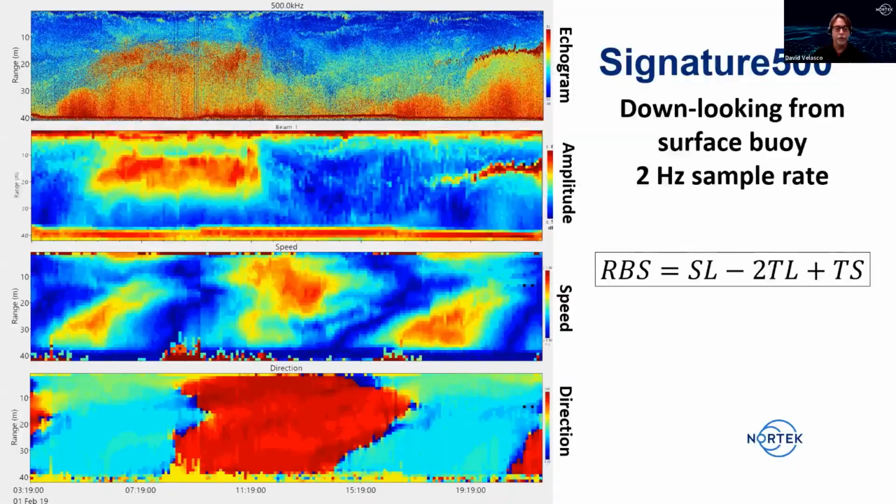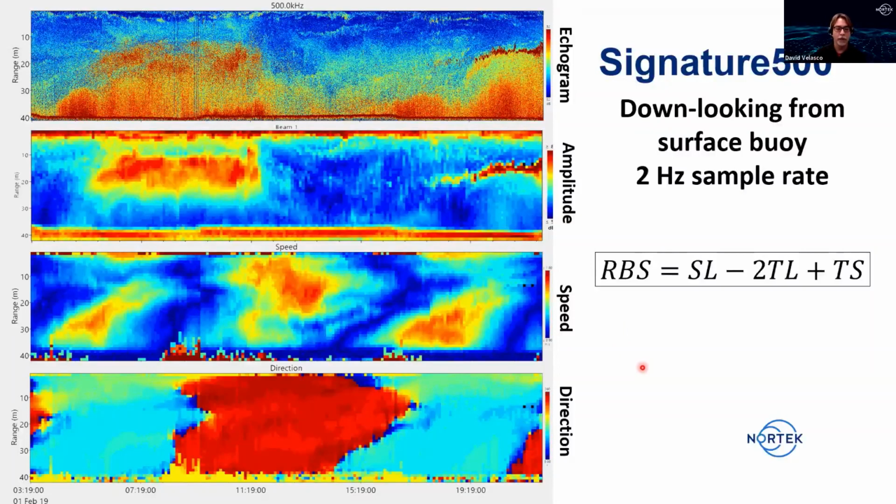Here's another example. This is from a Signature 500, so a 500 kilohertz system. This system was mounted down-looking from a surface buoy and sampling at a fairly high rate, at 2 hertz. And here I'm showing 4 graphs. We'll start on the bottom 2, which are the speed and direction of the water. This happened to be in the southern part of the Chesapeake Bay. What you see here is the tide changing, of course, going in one direction, then another direction, and then flipping back as the tide changes. You see quite a bit of shear in the water column. So the top part of the water column and the bottom part are doing 2 things